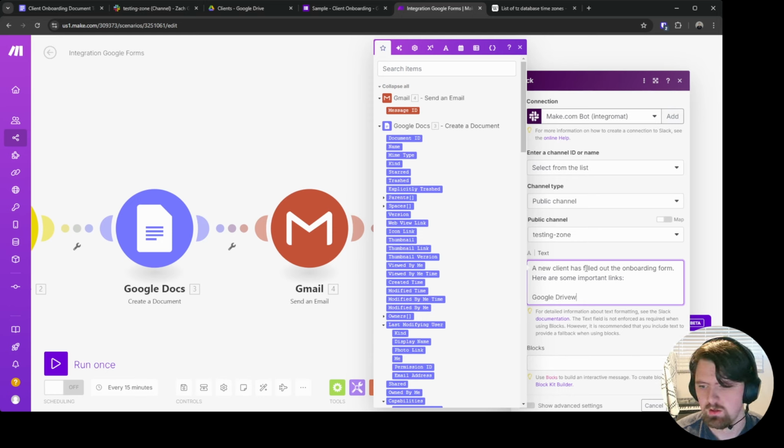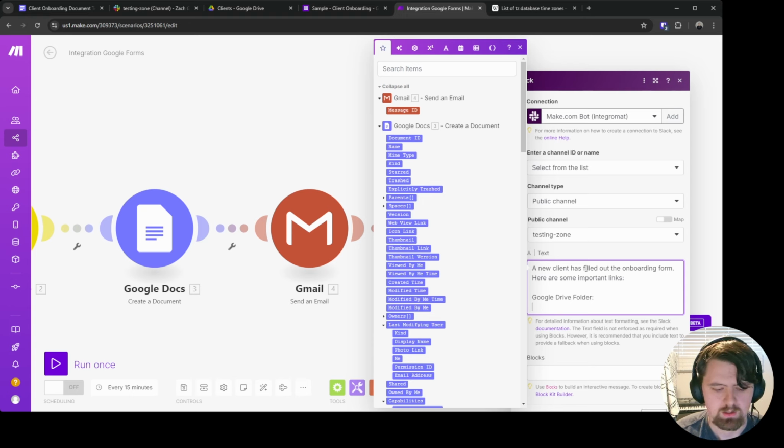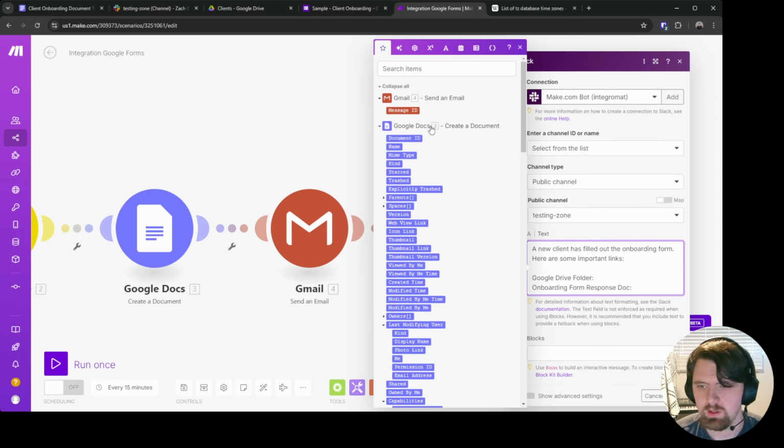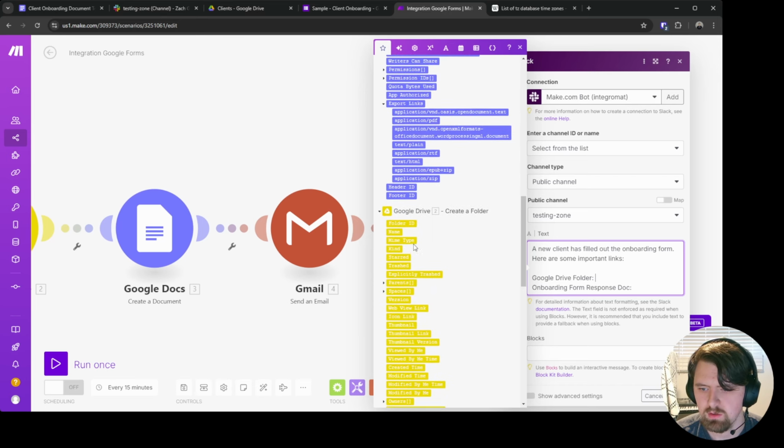Google Drive folder and onboarding form response doc. Now what we're going to do is we're going to map for the Google Drive folder,